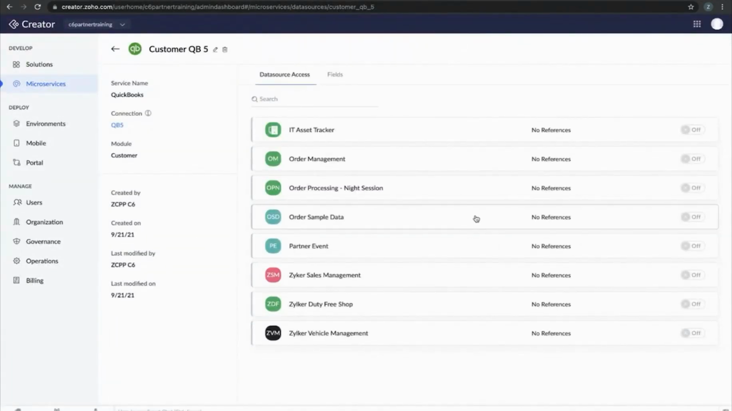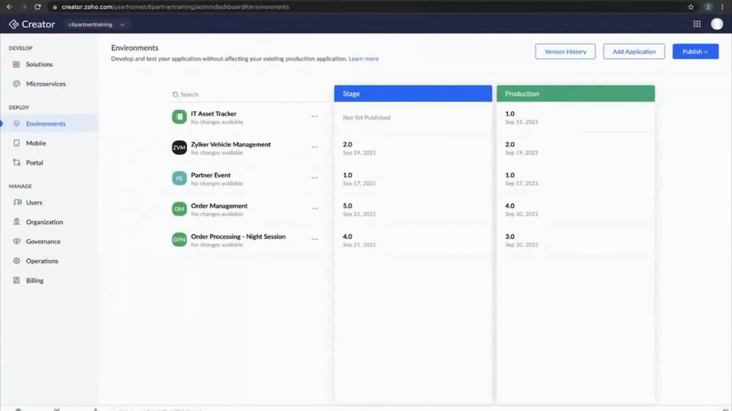Now the data source should also be given access to the application. So I'm going to access our night session application to use this data source inside it. I'm going to authorize it. Now if I get into the live mode of the application,